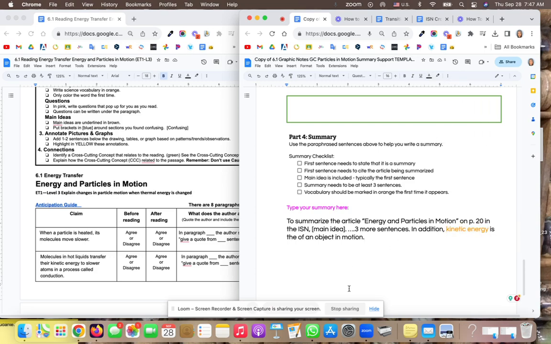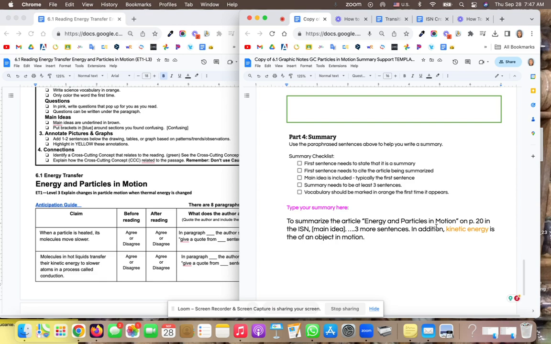Okay, so I hope that's helpful. Once again, start your first sentence stating that it's a summary, so that's what we know. There is no quotes here. You're putting everything in your own words. That first sentence needs to say what you're summarizing, where it's located, include the main idea, and that probably in that first sentence,